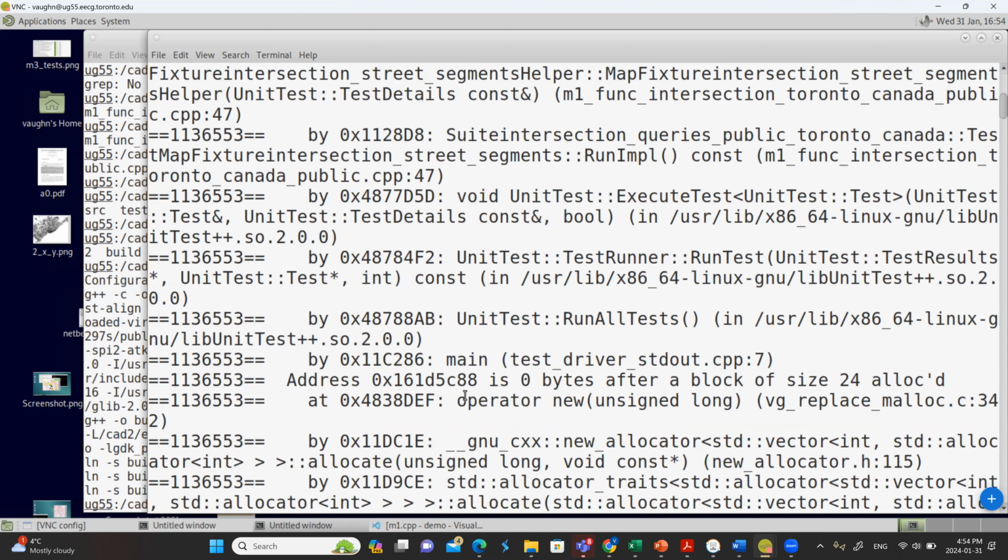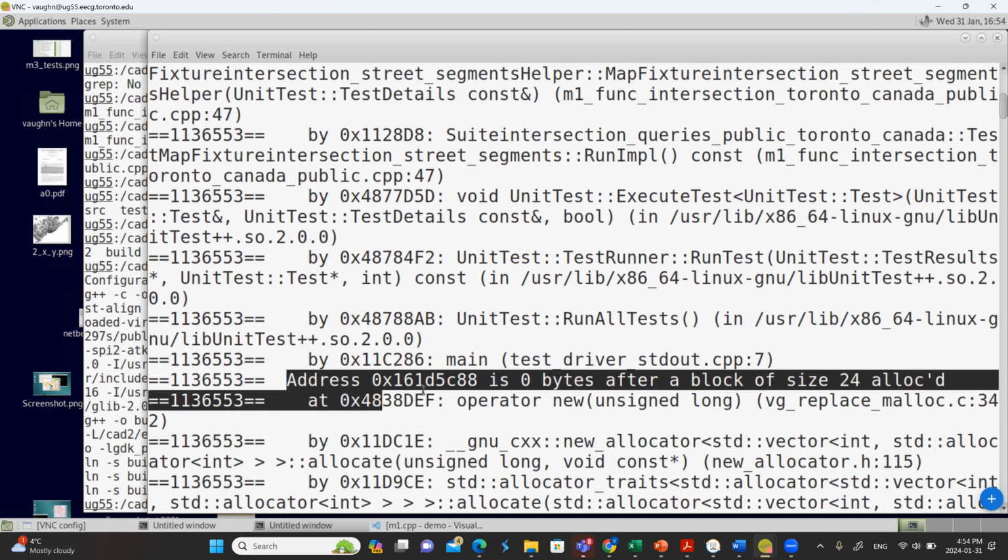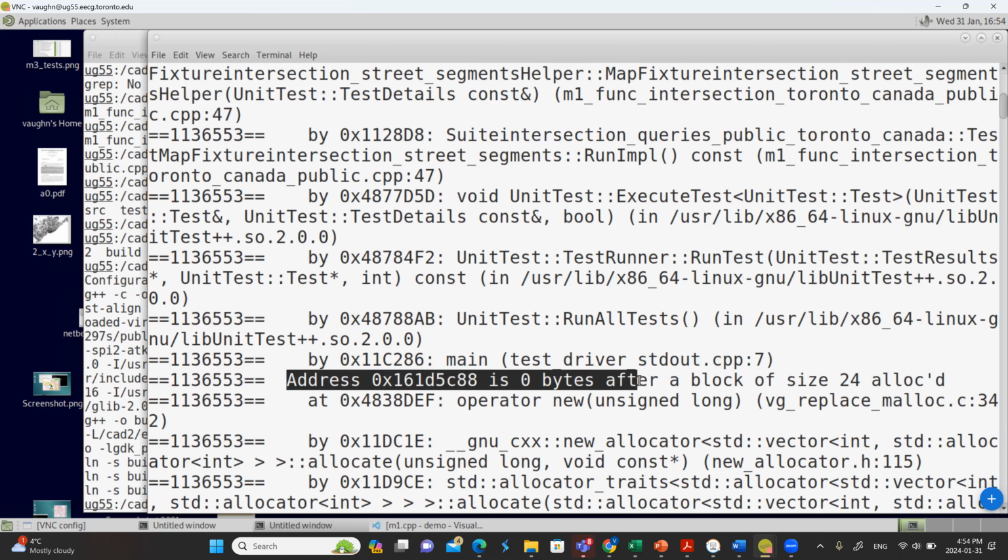Let's see. The other part of this message that can be helpful: that tells me where I did the bad write. It also is telling me that I was writing right after a block of memory of size 24 bytes that I actually did allocate. Okay, so there is a block of memory near where you were trying to write. You were trying to write right after it.